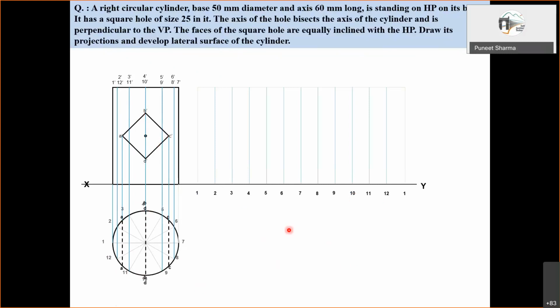Now we have to locate all these. So B and D, as we have discussed, are on 4. So on 4 you can locate B and D, and on 10 also you can locate B and D by measuring the relevant distances. For A and C you will have to locate them differently. So between 2 and 3 you will locate A. Between 11 and 12 you will locate A. For C, between 5 and 6 you will locate here, and between 8 and 9 again you will locate here, with a new projector and these new generators, and on those these will be located.